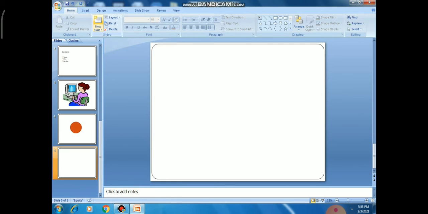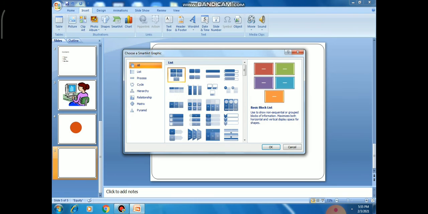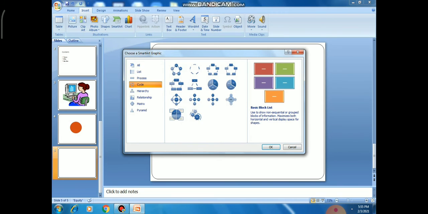Now again I am inserting a blank slide and I want to use the smart art option. Here I am using cyclic smart art, just like this.